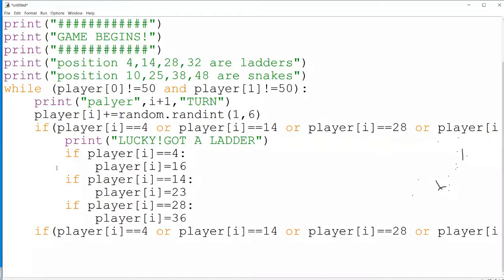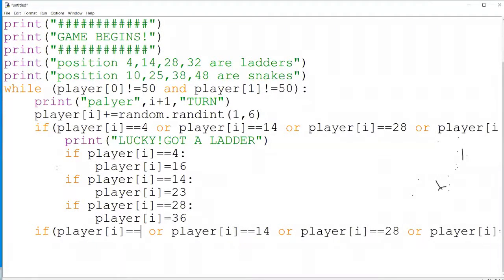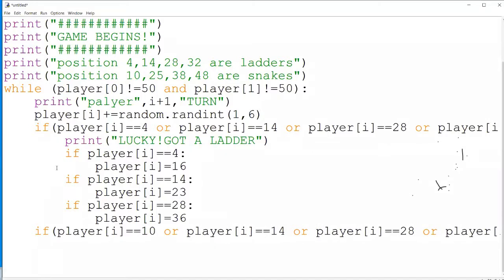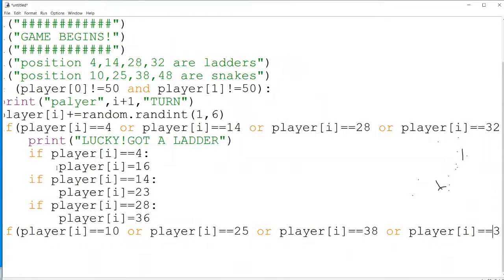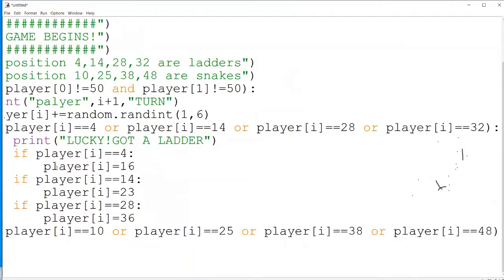As of now, we took the snake positions as 10, or if player of i is in the position 25, or he may be in 38 or 48.